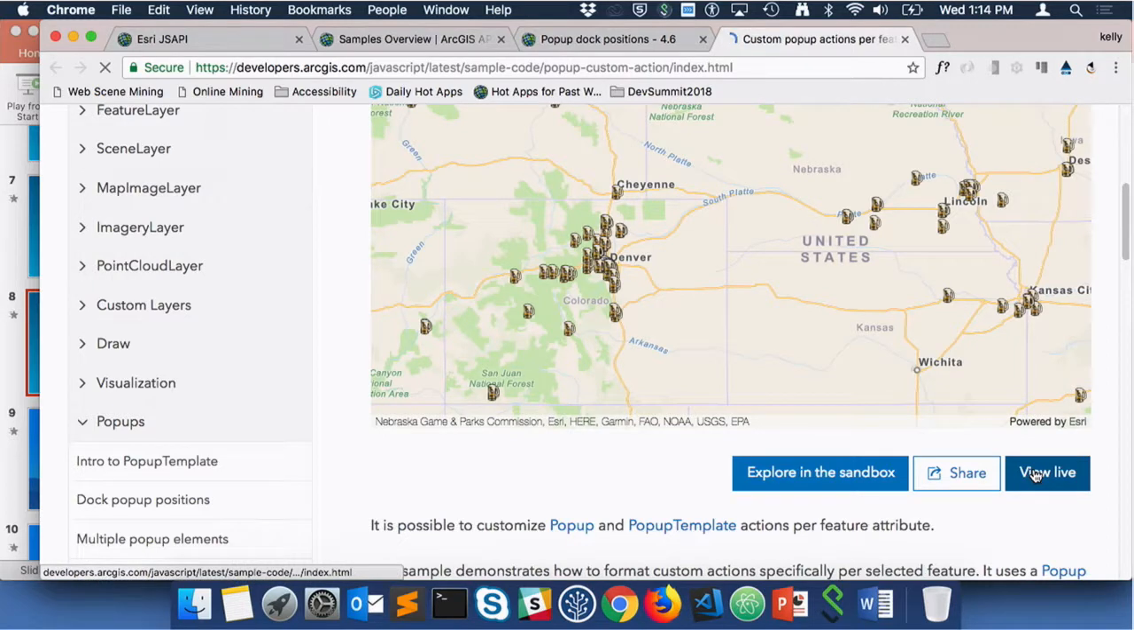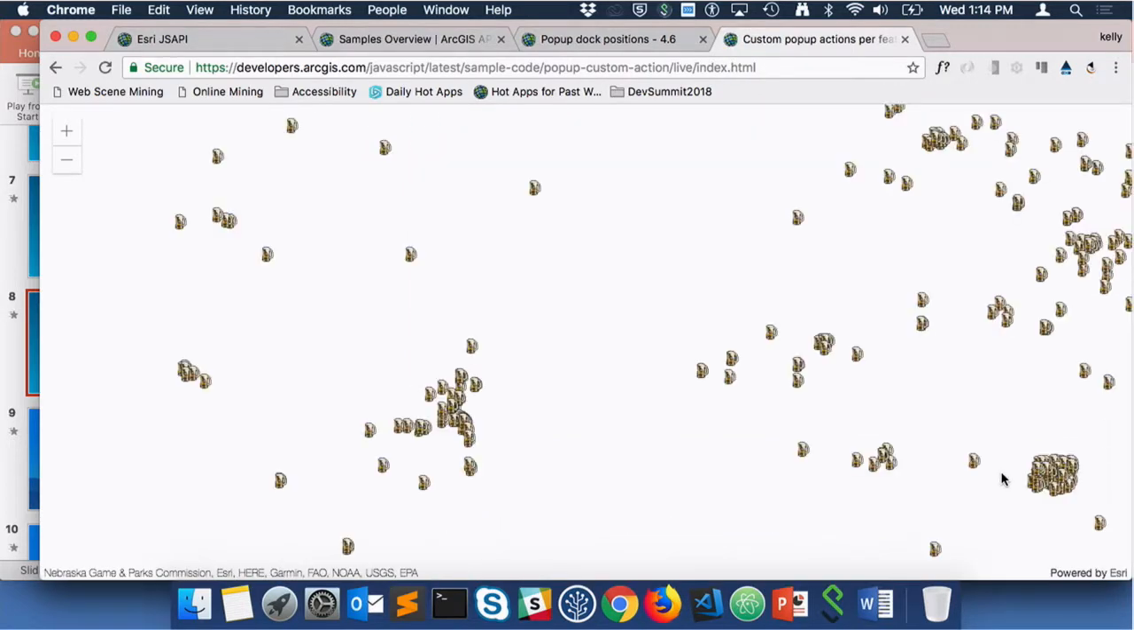This one's actually kind of cool because it has custom actions per feature, and this wasn't easy to do in 3x, but you can do it in 4x. In this particular example, I think it's loading pretty slowly, but it's a data set of breweries in Colorado. Some of them have an attribute with a website that people can go visit. Others do not have a website. So you don't want that link, visit the website, to be there for features that don't have a website, right? So if we click on one,